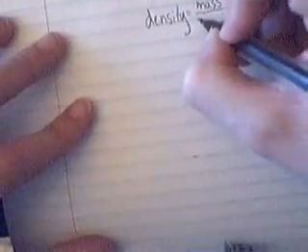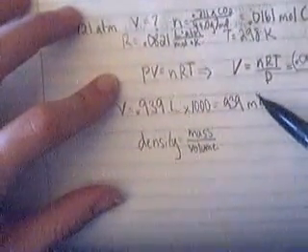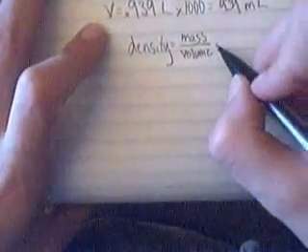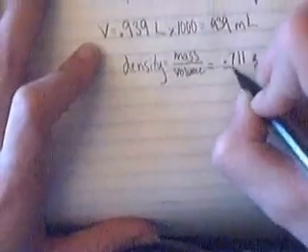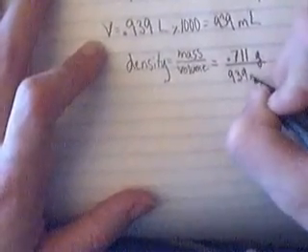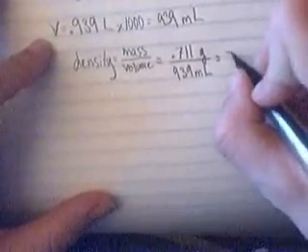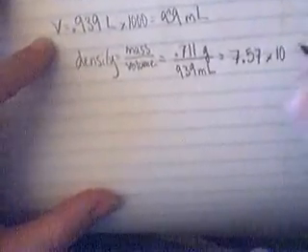Now our final step for this density problem: I'm just going to rewrite what we had above. Density is equal to mass over volume. We have a mass, we have a volume, so now we just have to plug into this equation. Our mass is 0.711 grams divided by our volume, which is 939 milliliters, and that overall gives us our density of 7.57 times 10 to the negative 4